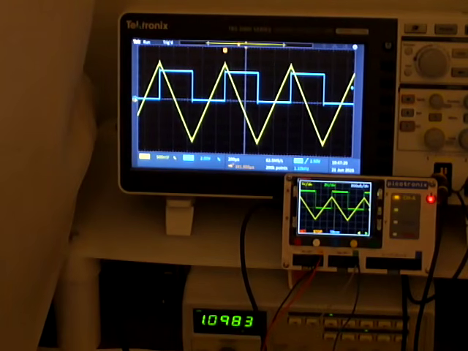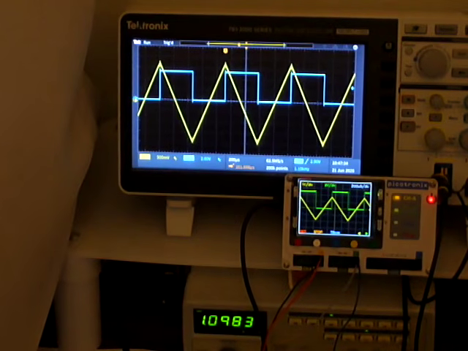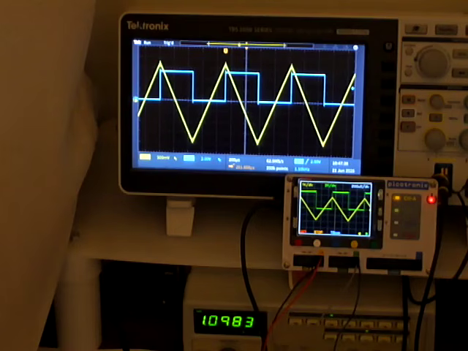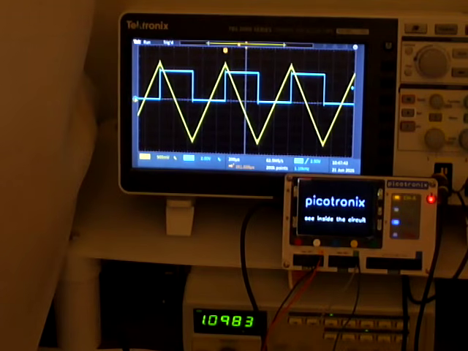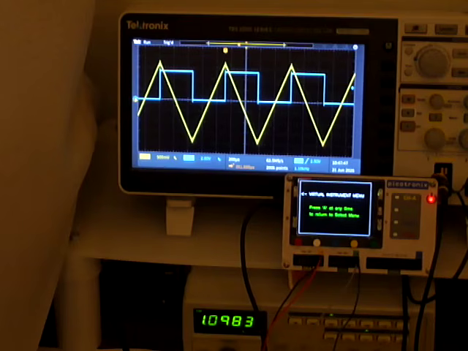What we're going to show now is the power on sequence for the Picotronix. So I'll be doing a reset. The first thing you see is our Picotronix logo comes up. The next thing is that we go to a menu and the A button takes you to a list of